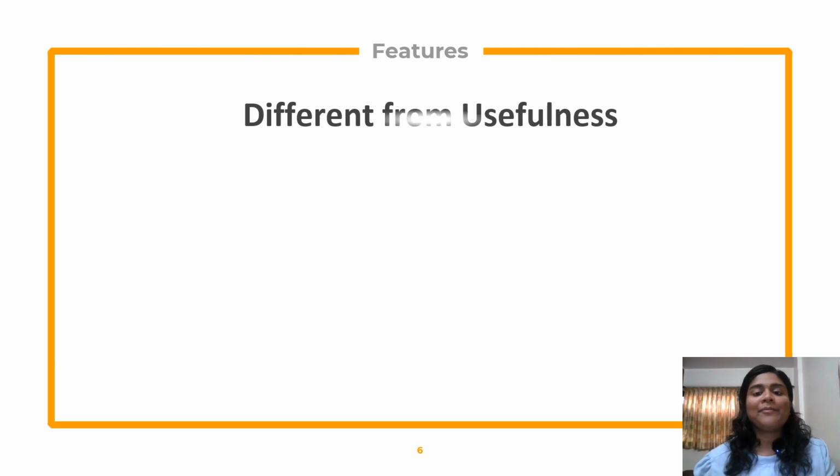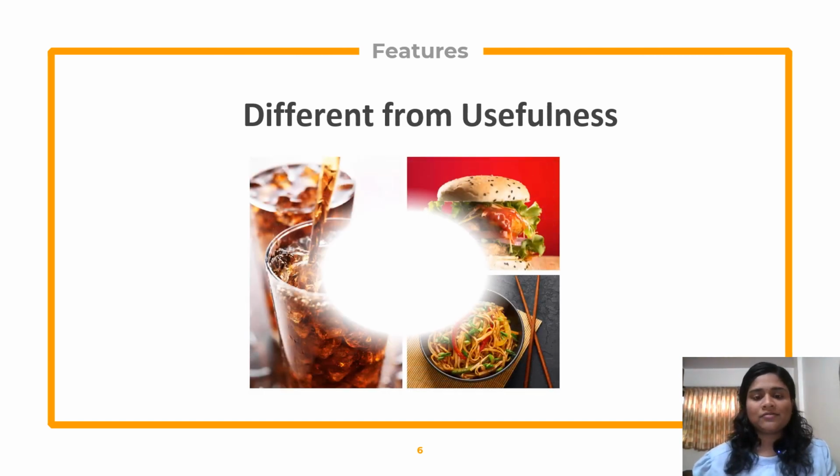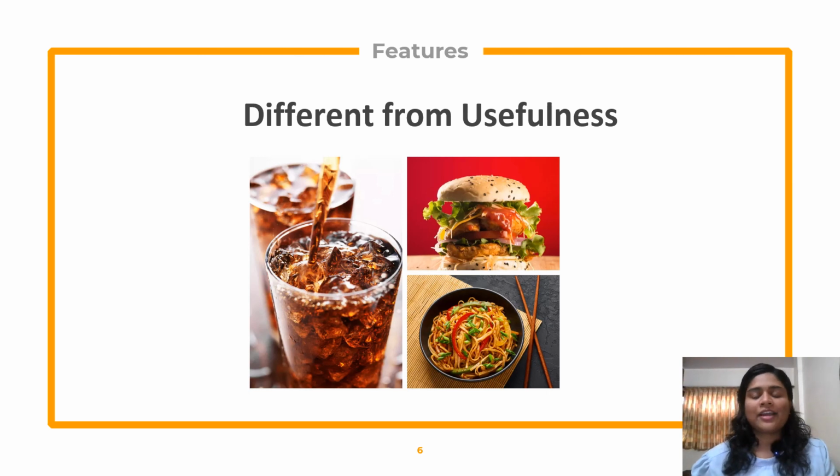Utility is different from usefulness. Suppose we have burgers in front of us and we have Coke in front of us. We are happy after having a burger, having a Coke. But do you think the burger and Coke had any useful properties for us? No. On the contrary, burgers and Coke are harmful to our health. So many times those goods which are not useful for us also give us utility. For example, cigarettes. They are bad for our health, but we feel satisfied after having a puff of cigarette. Now let us look at the next feature.